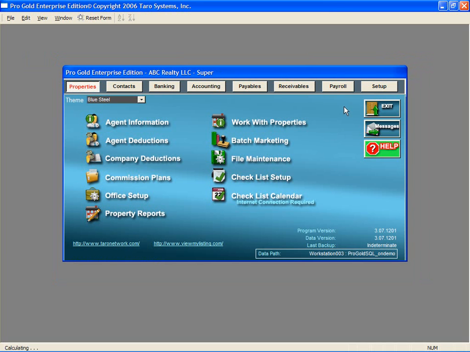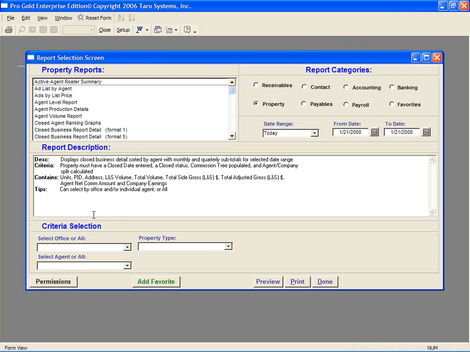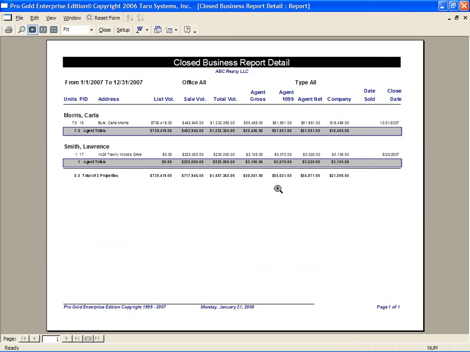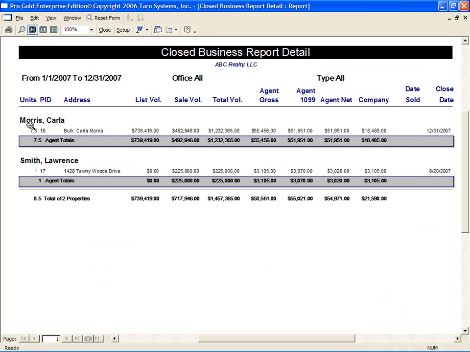Reports. Once the agent commission details have been entered, there are several reports that will show the agent's production, where they currently stand in their commission plan, and 1099 earnings. In the Property Reports category, the Closed Business Detail Report, Format 1, displays closing detail on an agent for a specific date range. When running this report, select the date range for the selected time period and preview or print the report. It will be sorted by agent and show each of the transactions or bulk properties that are found in the date range. Agent totals for the units, volume, gross, net, company earnings, and 1099 can all be seen